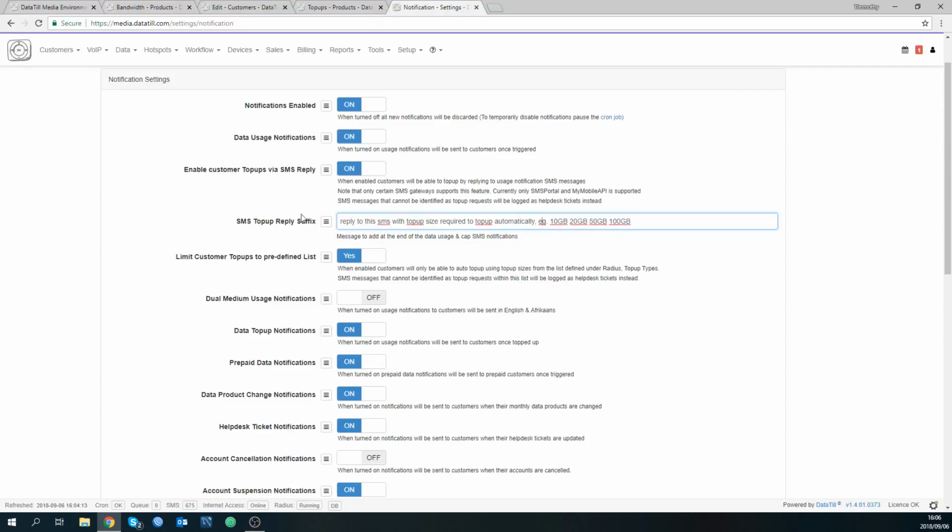This then, being the SMS top-up reply suffix, would mean that when the client reaches certain usage, they will get the SMS saying please reply with the top-up size required to top up automatically. Example: 10 gig, 20 gig,